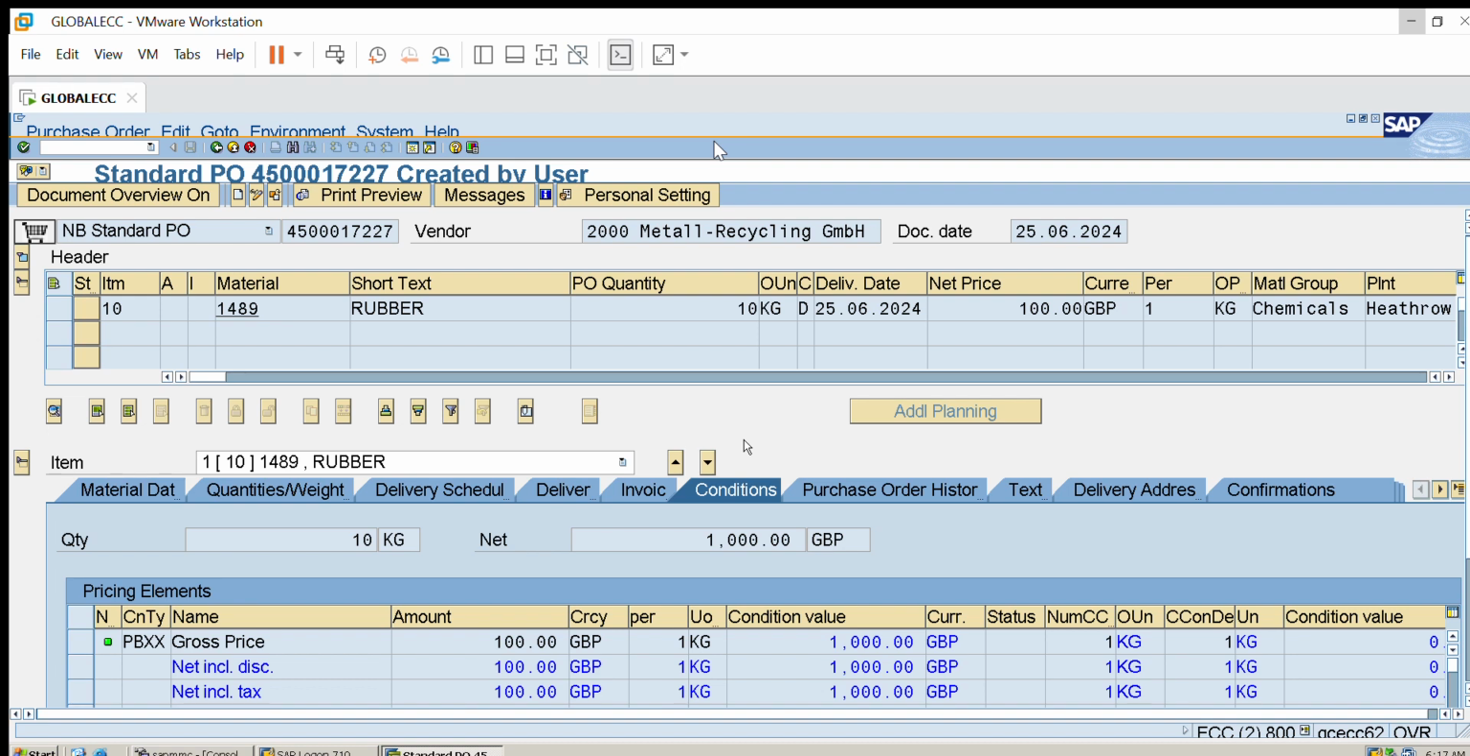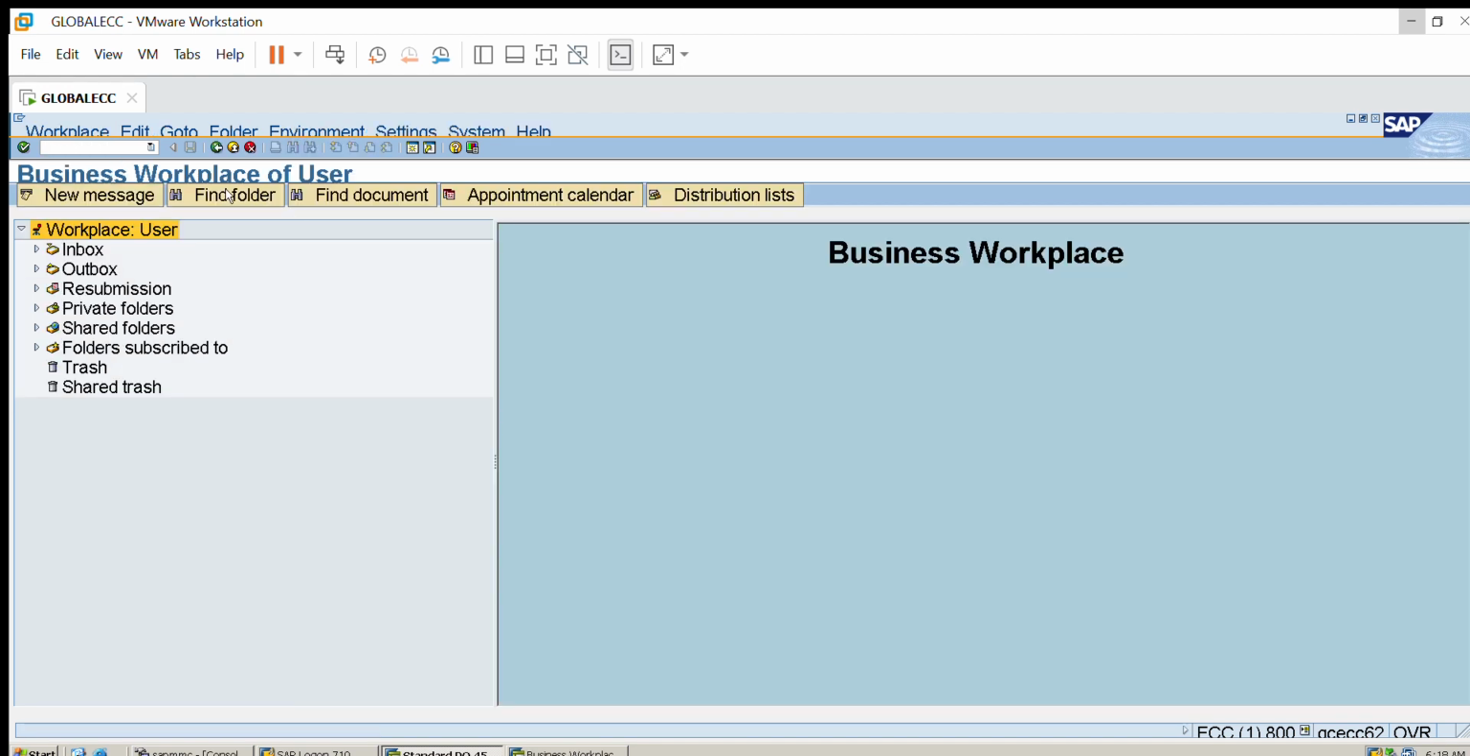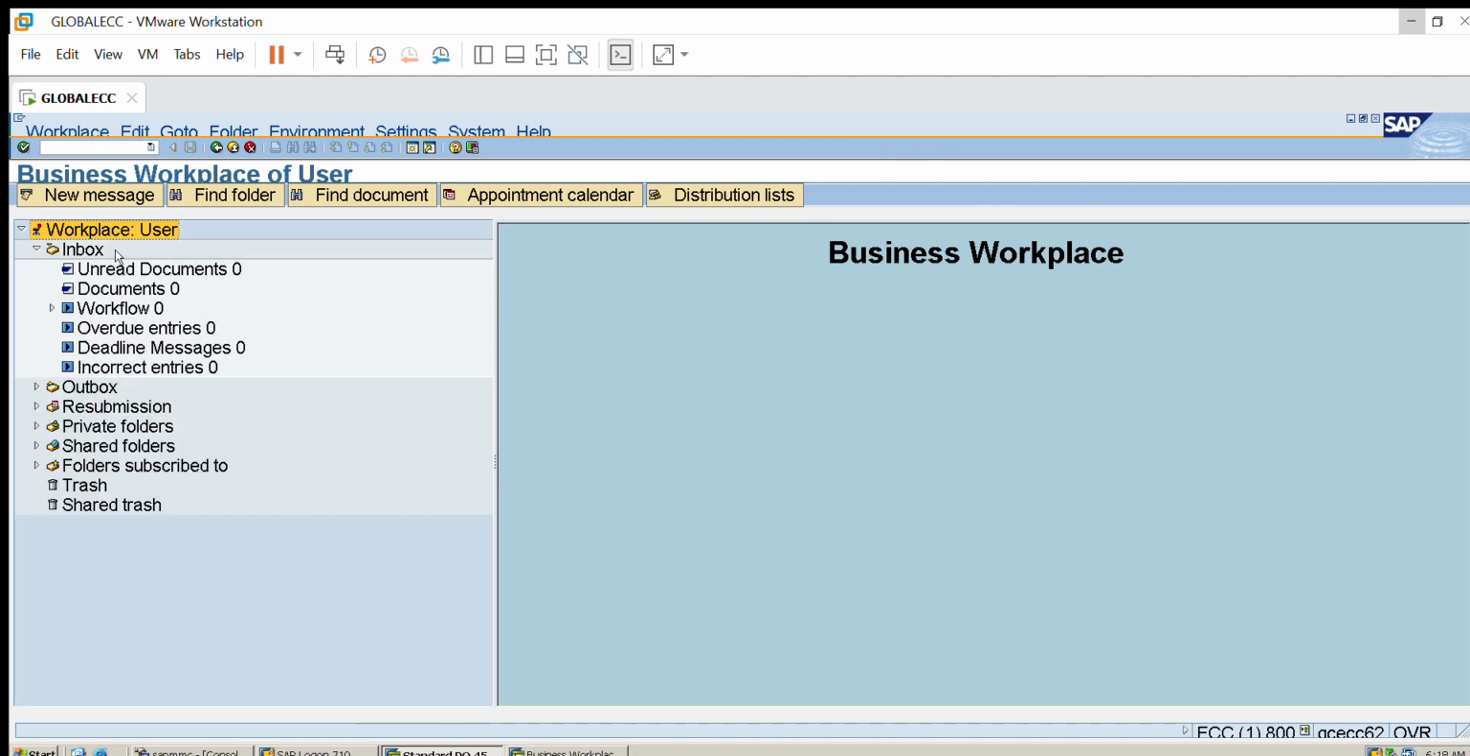Output is nothing but print or transmit, to external hardware or to internal employees by fax or print or simple mail. So in the SAP inbox, the user will get the simple mail. What is the user inbox? As I've shown you, SBWP, SAP Business Workplace. This is the T code, SBWP, where the end user will be getting the simple mail,